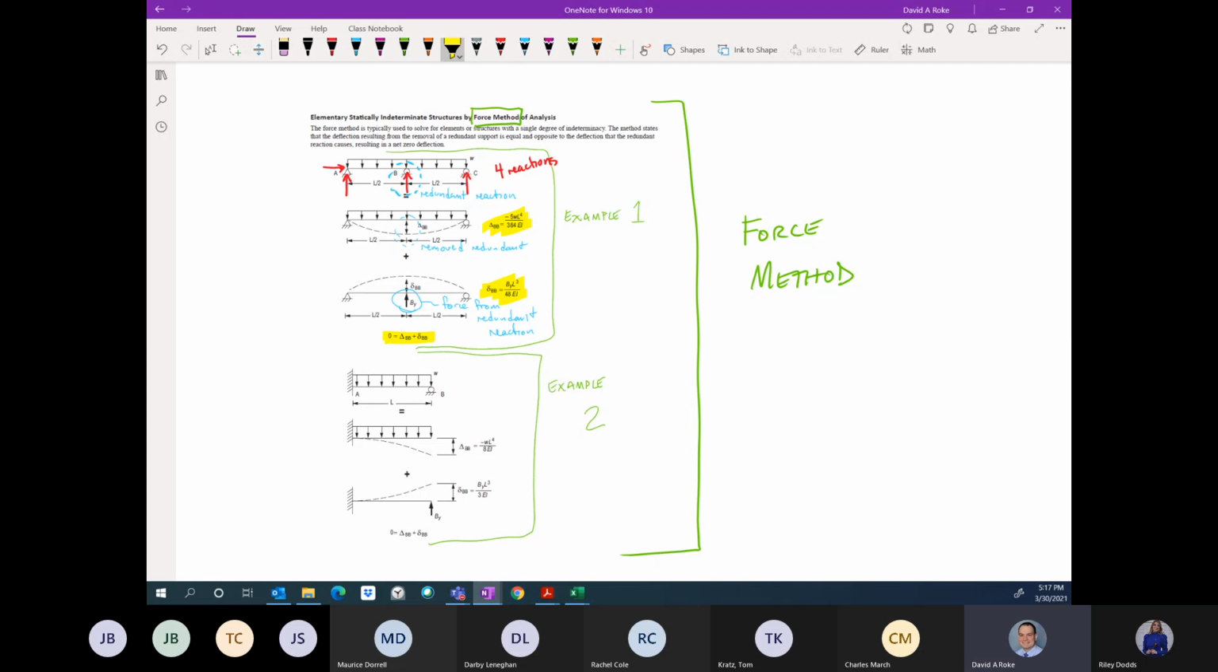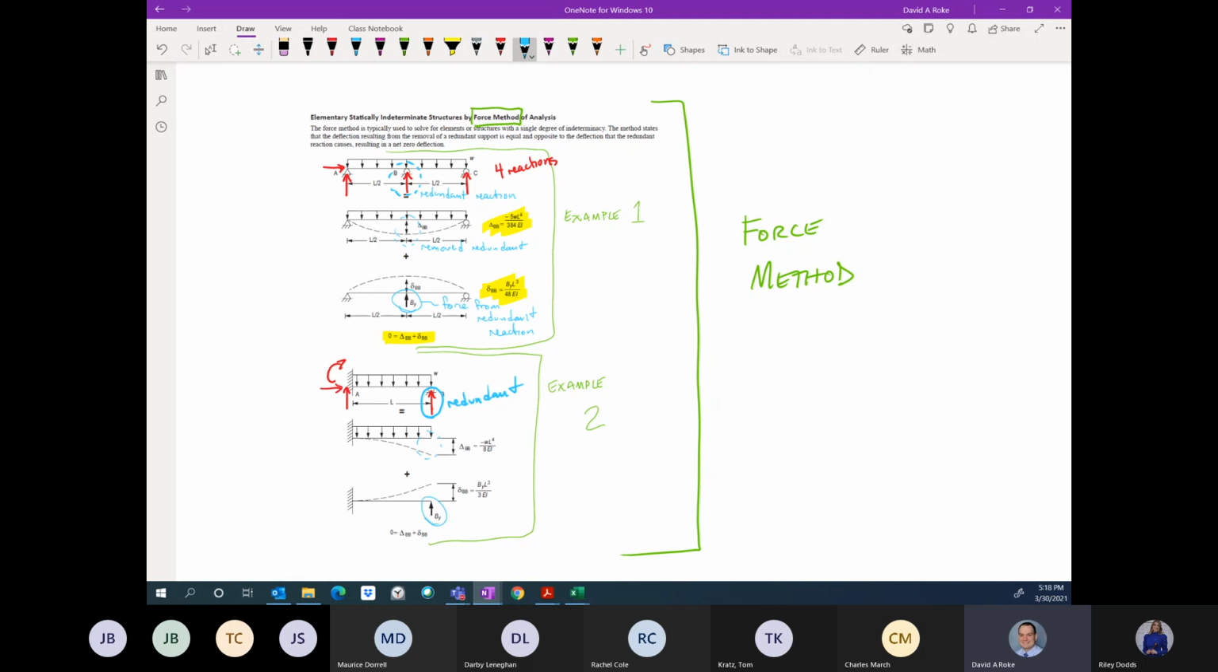The second problem is dealing with the same idea here. We have 3 reactions at A, we have 1 reaction at B, and again, that reaction at B is redundant or selected as the redundant reaction. Your structure is perfectly stable without it, and in fact, it is solvable without it. So we remove the redundant reaction,